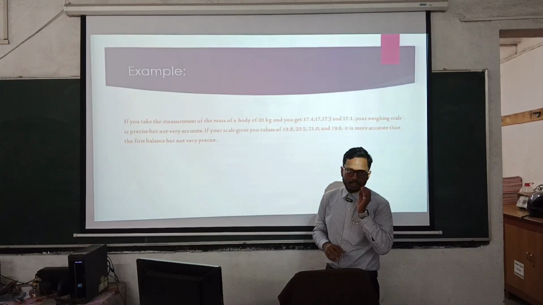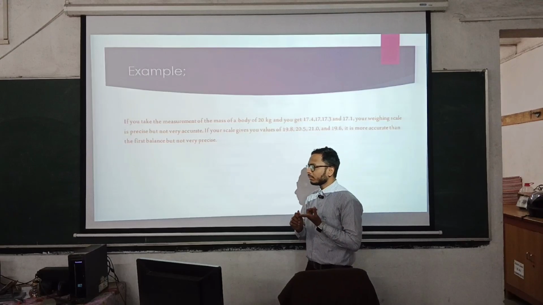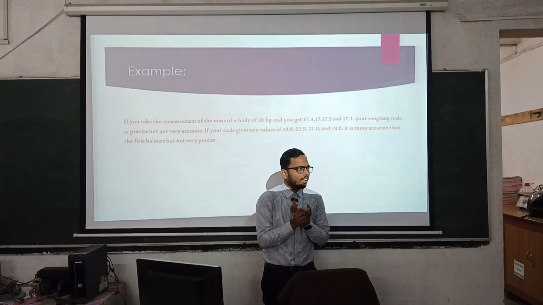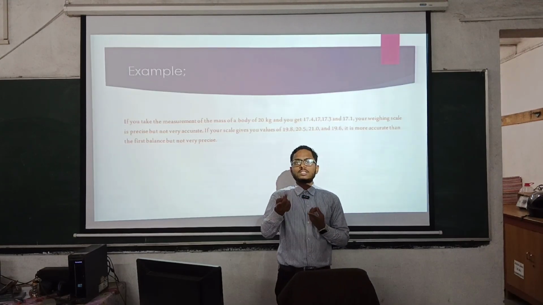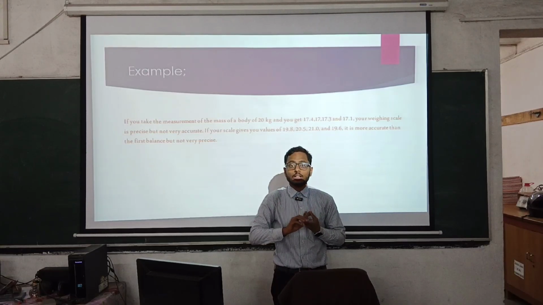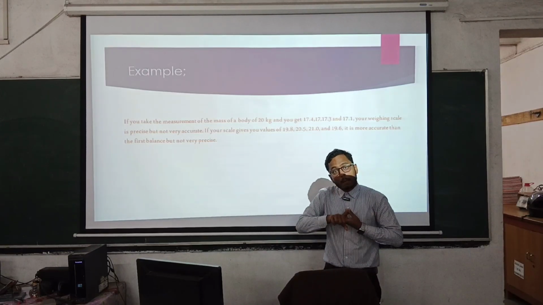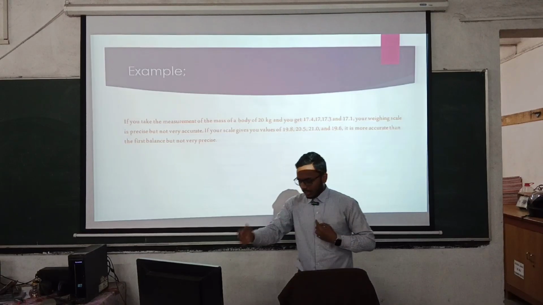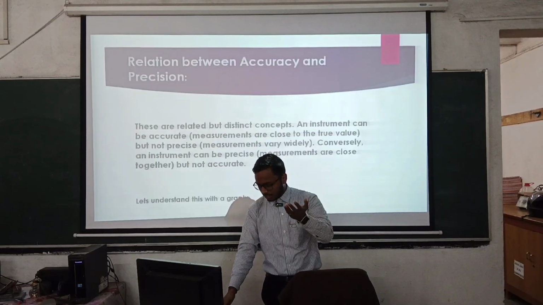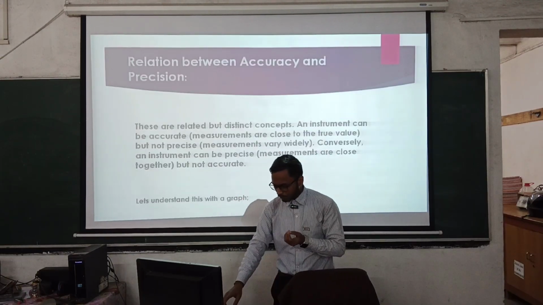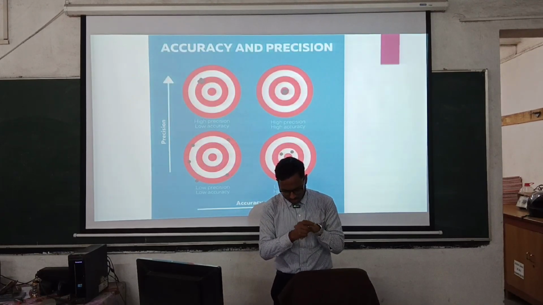Now this brings us to the next slide: accuracy and precision are very related terms. But the thing is, values can be accurate but not precise, and the vice versa might not be true. It can be accurate but not precise, or precise but not accurate. This brings us to our next slide, the relation, let's understand with this